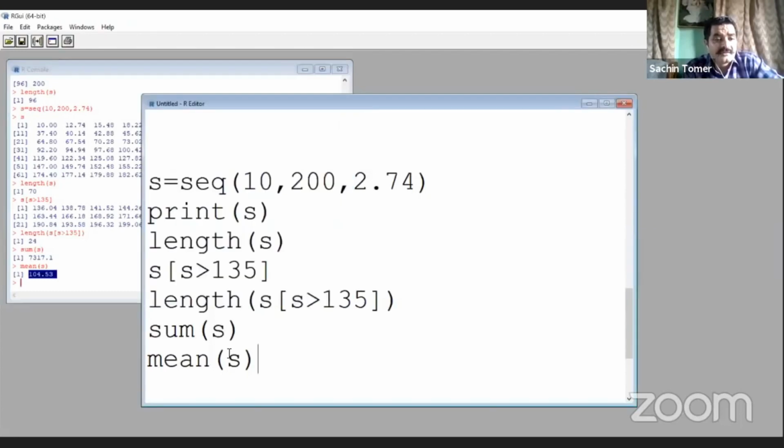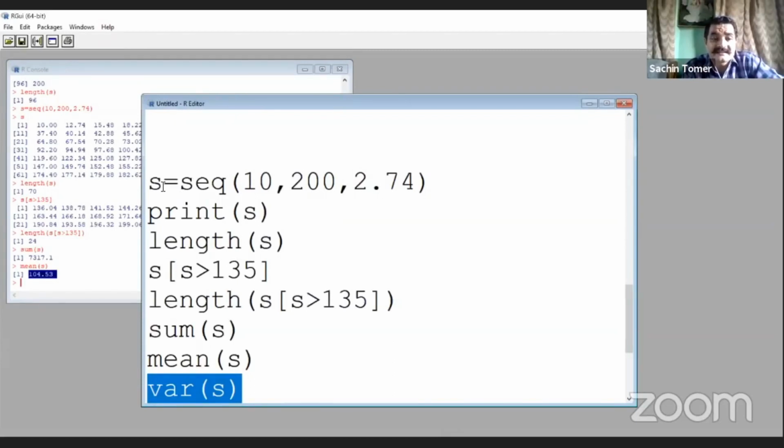So this is sum and mean, then variance you can find out. For variance, VAR. Just simply write VAR of S. So if you run this command, you will get the variance of S. And what is S? I am again repeating the things.